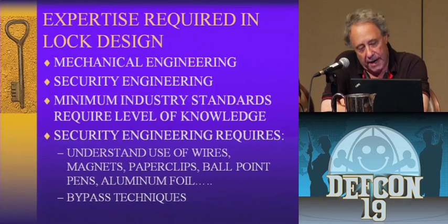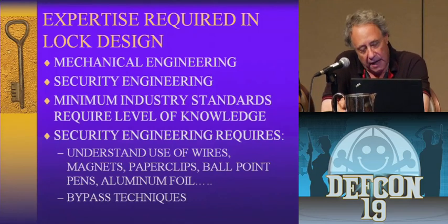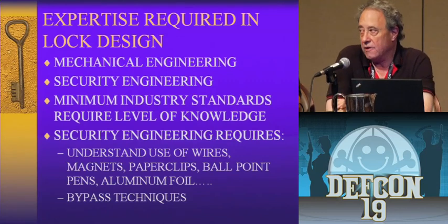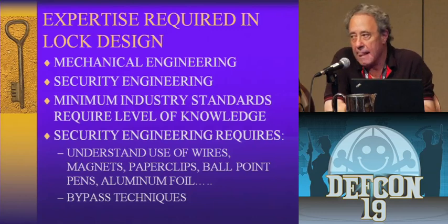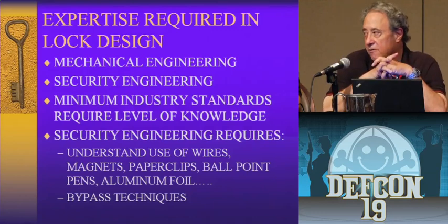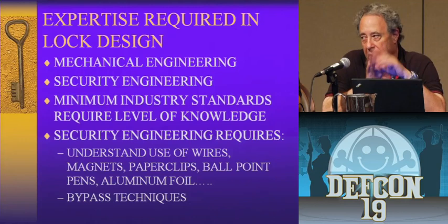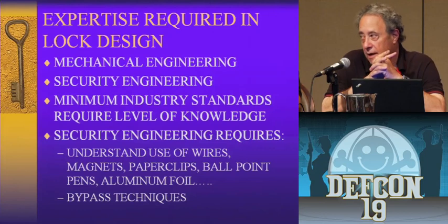So expertise is required: mechanical engineering, security engineering, understanding minimal engineering standards when you design a lock. And security engineering requirements means, one, that you test the products against current methods of bypass and that you understand and know what those current methods of bypass are. We employ a variety of techniques in our work to test locks for our clients. And it's everything from shock, vibration, wires, air, magnets, hair dryer, which we open one lock with, believe it or